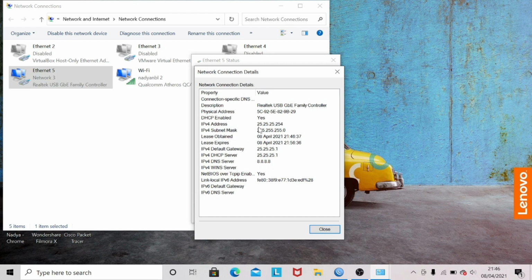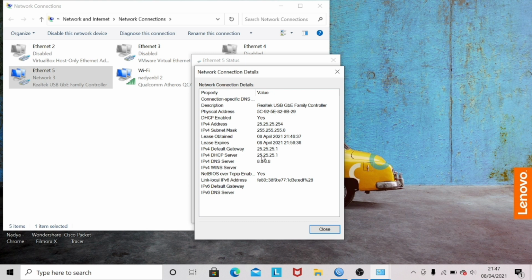Here you can see that the IP address has been obtained by the client, and as a result we can see the IP address, gateway, and DNS have changed. IP address is 25.25.25.254 and default gateway 25.25.25.1,